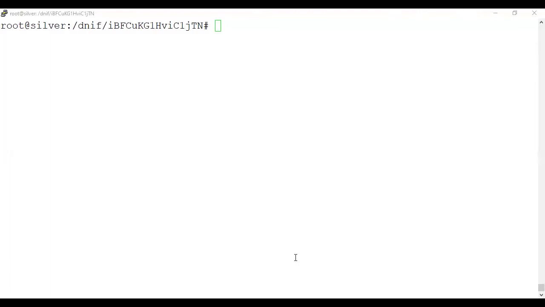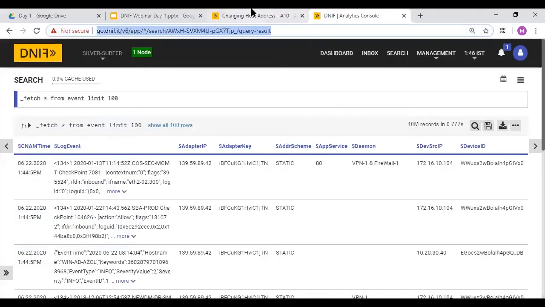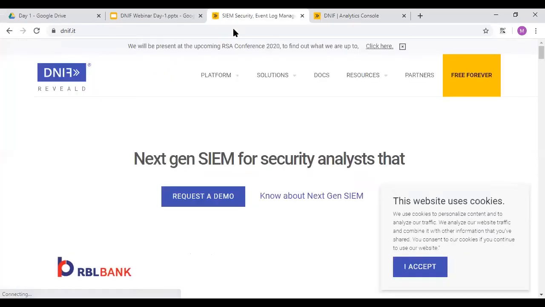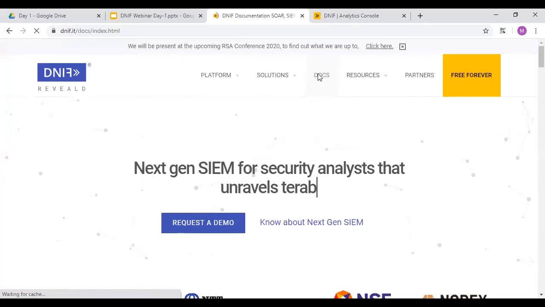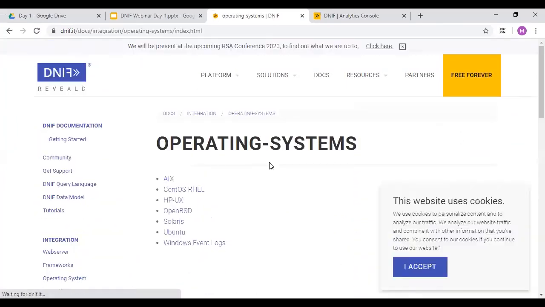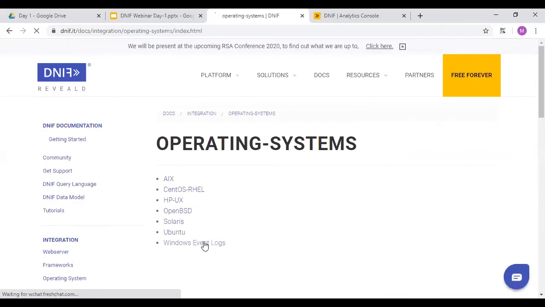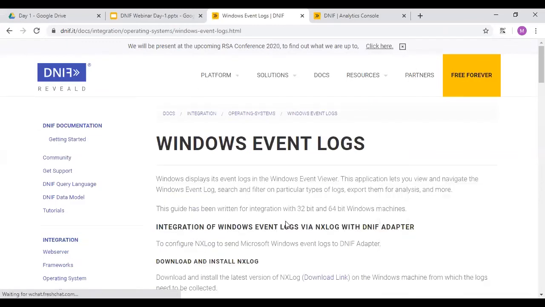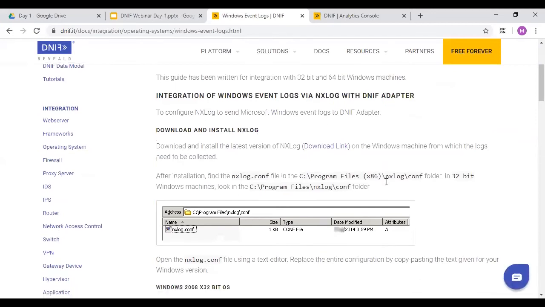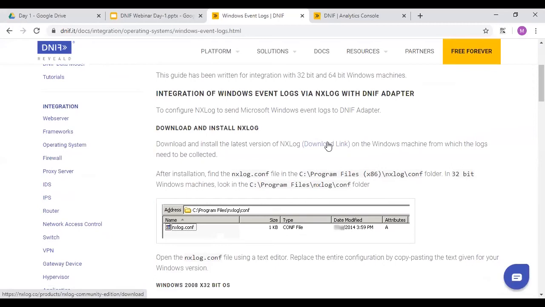Now the next part is that you are interested in forwarding logs from Windows devices. So let me take you over here. Suppose you want to forward the logs from the Windows operating system or any operating system; you go to the logs and select operating system. If you want to work with the Ubuntu event logs, there is a service called nxlog. It's agent based because Windows cannot forward. You need to download it, just a 3 MB file.